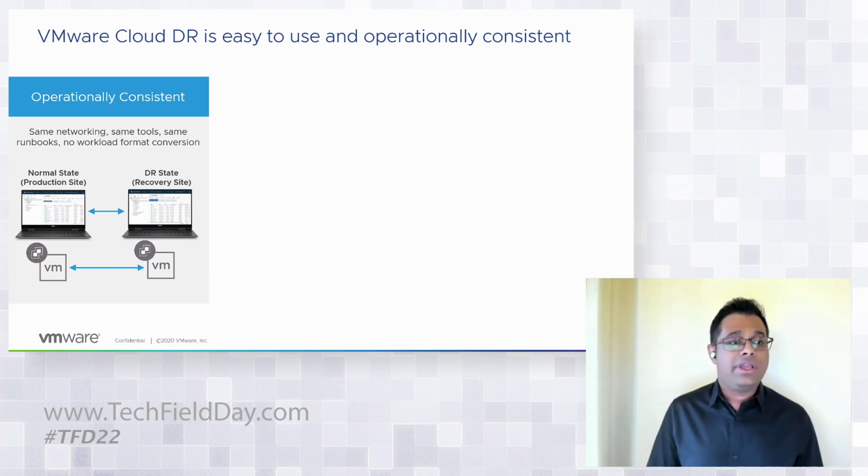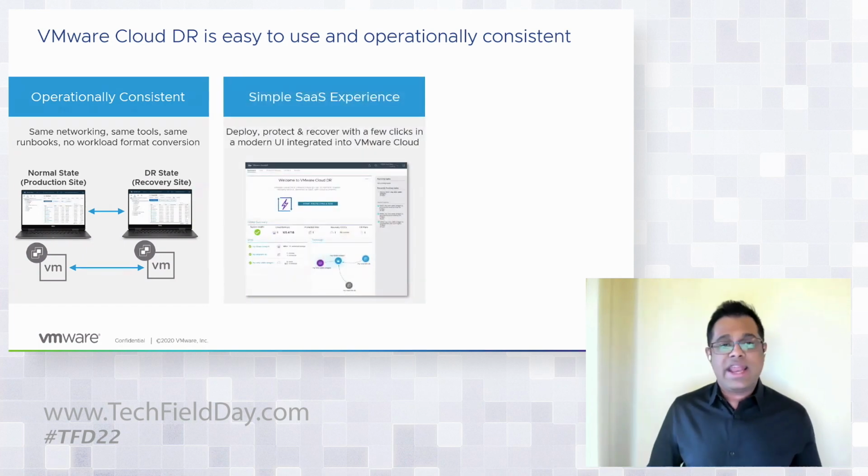It uses the same networking constructs, the same tools. You can have your same runbooks. And very importantly, there's no workload format conversion, right? The VM image is not being converted to a different format. It stays as a combination of a vSphere VM with VMDKs attached. So that's one aspect. The second aspect, I think, which hopefully we've communicated through the previous demos